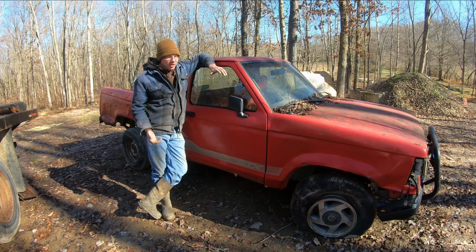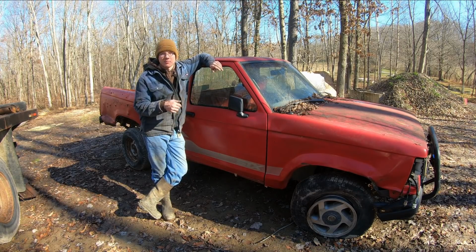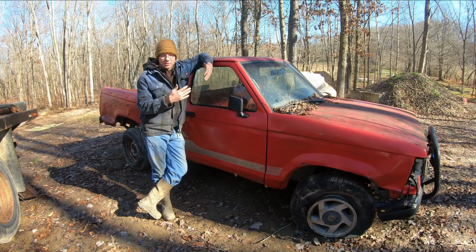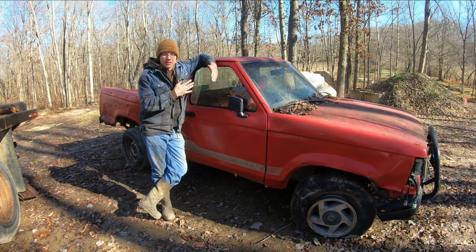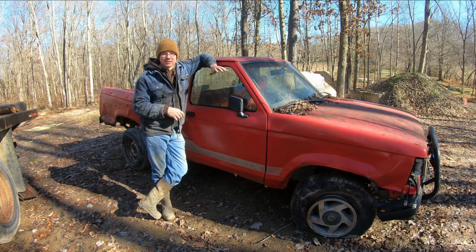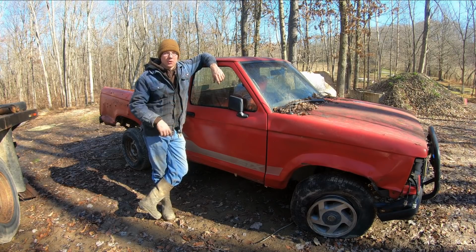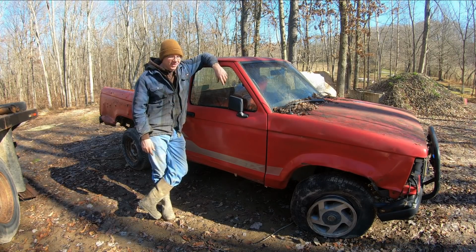Basically all that was wrong with it when I got it was the transmission. The guy had changed the clutch and apparently didn't tighten up the bolts in the bell housing, and the transmission had backed away from the engine, and it would start up and run fine, but it was making a terrible grinding sound, and the guy just wanted rid of it. So I gave him 500 bucks, brought it home, threw a couple bolts in the bell housing, and it ran